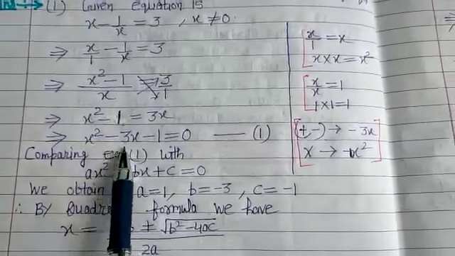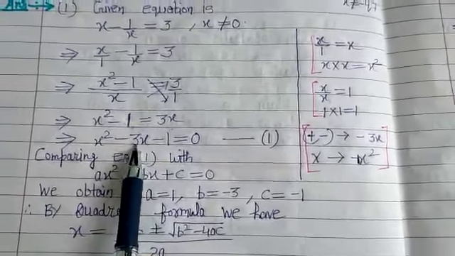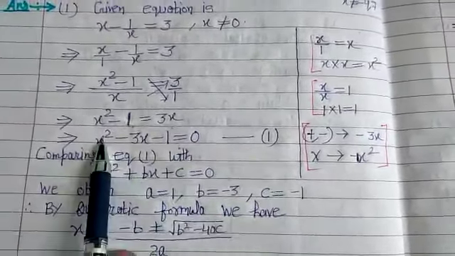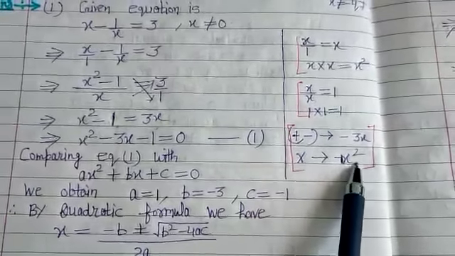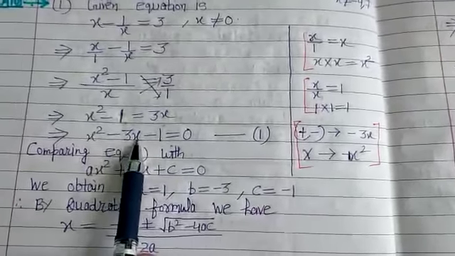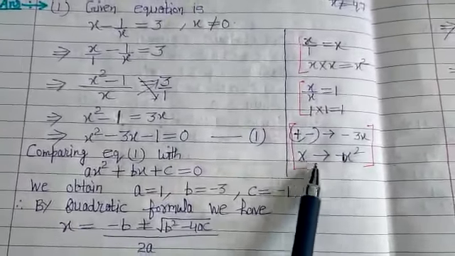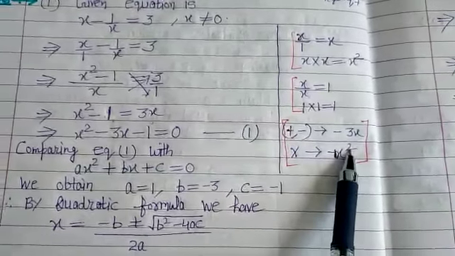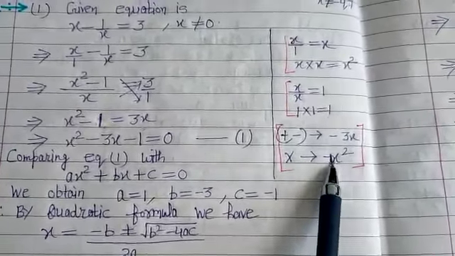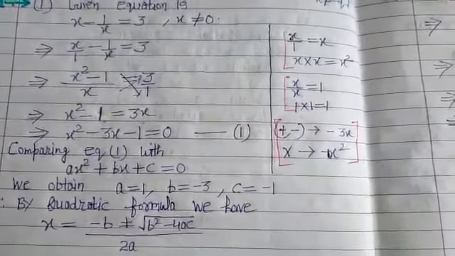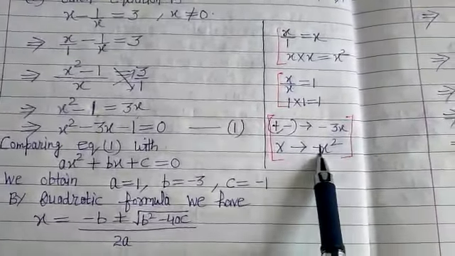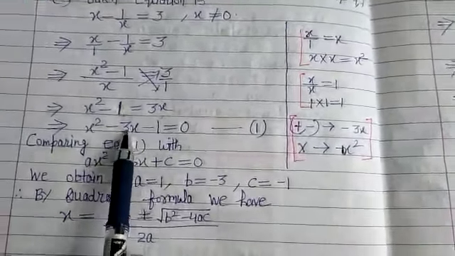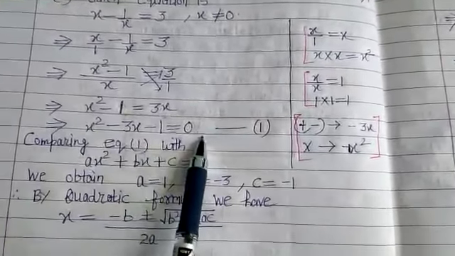Now you see, first we will try to solve this quadratic equation by splitting the middle term. We will check whether the conditions are satisfied or not. When we multiply first and third, the answer is minus 1x square, and the middle term is minus 3x. We split the middle term so that after multiplication minus 1x square will come. Minus 1x square will come only when we multiply 1 into 1, because the coefficient is 1 here. So here splitting the middle term is not possible.